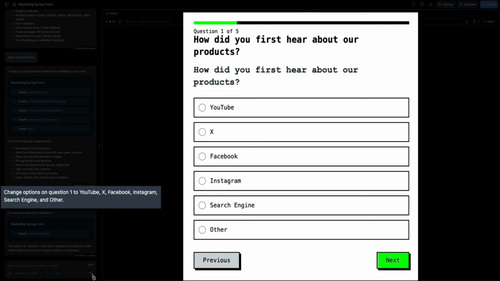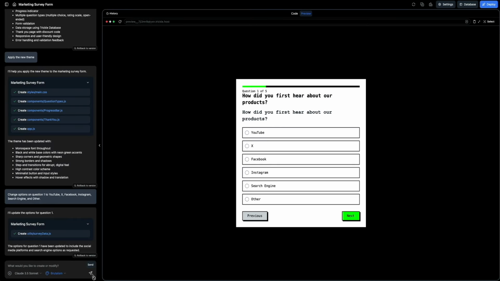Again, no coding, no form logic, and no technical know-how. Just type what you want to change with a simple text prompt, and Trickle's AI takes care of the rest. It's that easy. Finally, let's go over Trickle's premium subscriptions, because if you're thinking about upgrading, which I highly recommend doing,